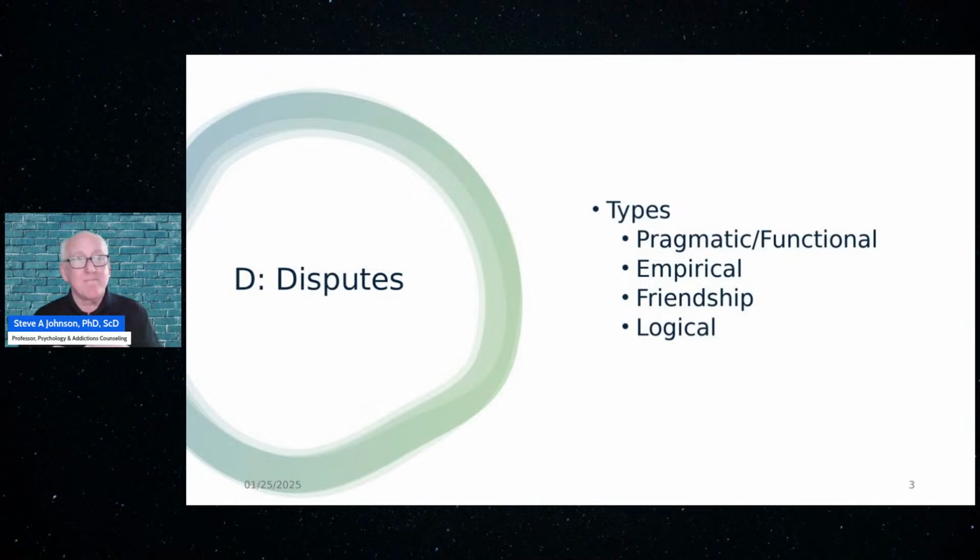And the first one that most clients respond to pretty well is what we call the pragmatic or functional dispute. This is when, and we would say something like this as a therapist, and then you would put this in your own language, right? But don't deviate too much from the function here. The pragmatic or functional dispute, we would say, how is holding that belief helping you? So, for example, how is believing that you're an utter failure as a human being, right? How is that helping you? What do you get out of that? Tell me what good things you get out of that. And then also tell me what bad things you get out of that.